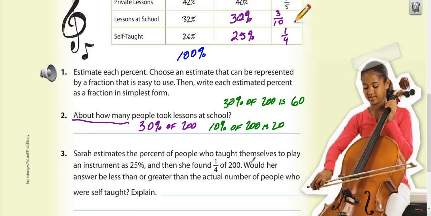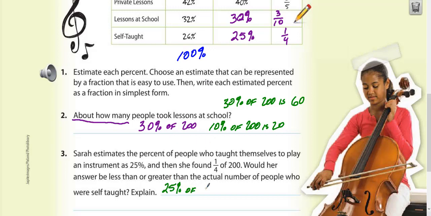Would her answer be less or greater than the actual number of people? Think about that for a minute. If she rounds her 26% to 25%, would the actual number be more or less than that 25%? Well, 25%